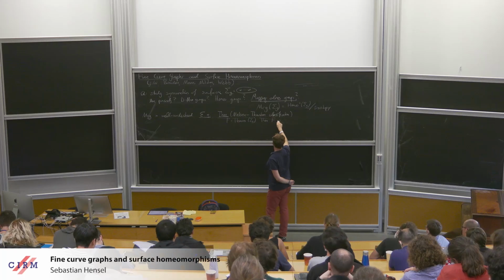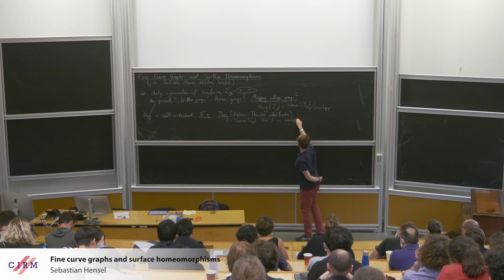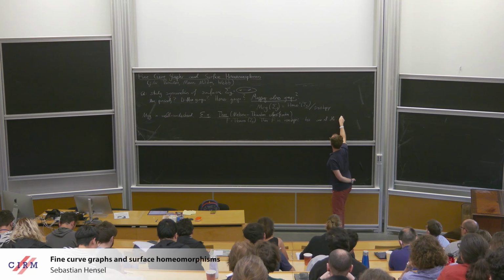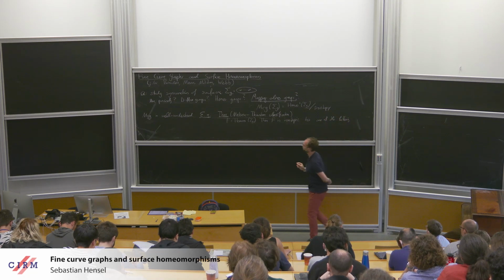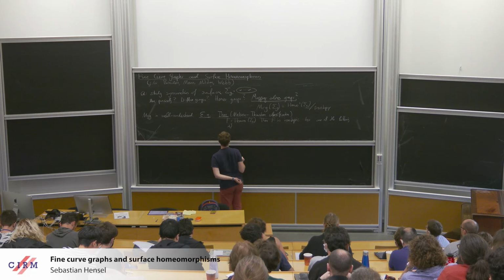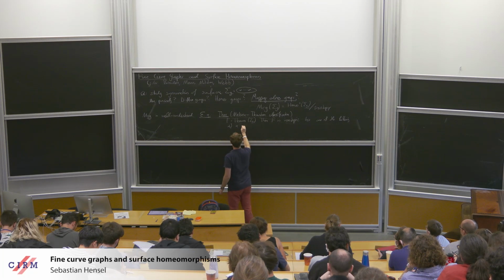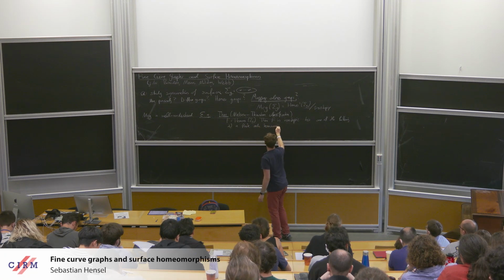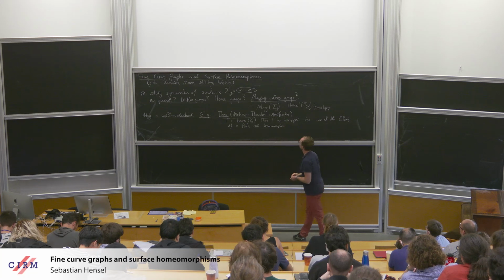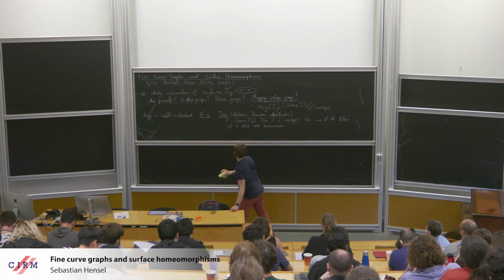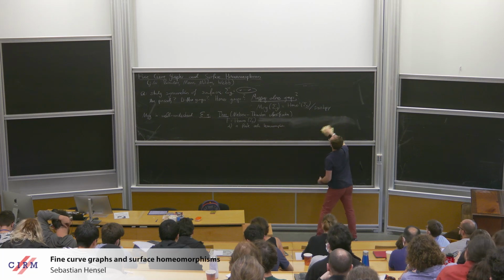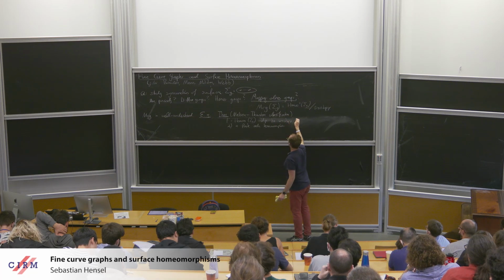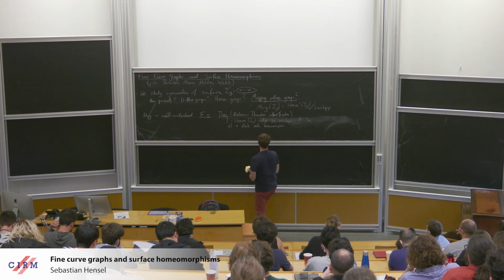Then F is isotopic to one of the following. So the first would be a finite order homeomorphism. Or let me rephrase this as saying up to isotopy, F is a finite order homeomorphism